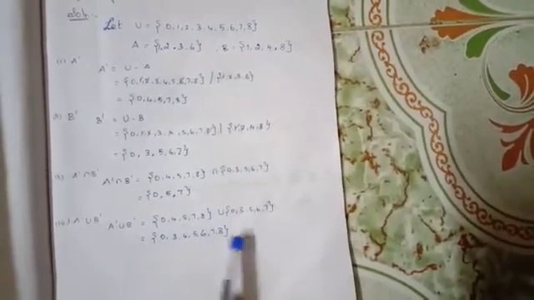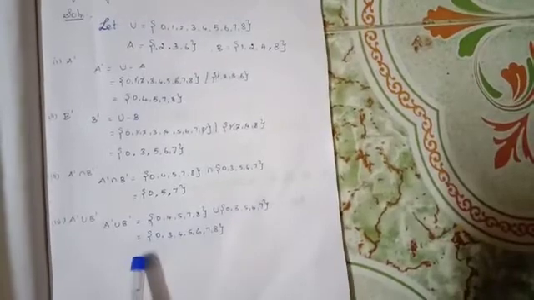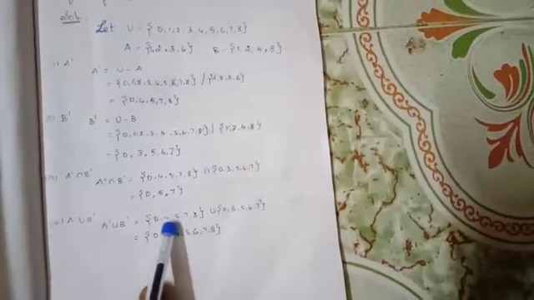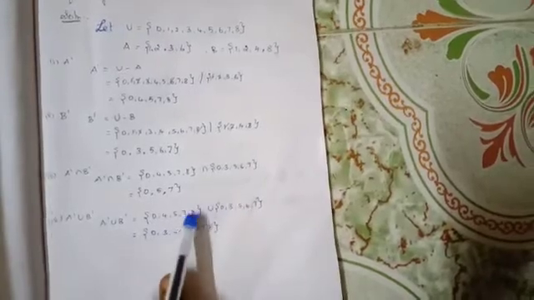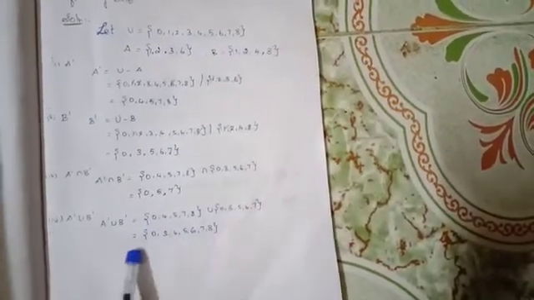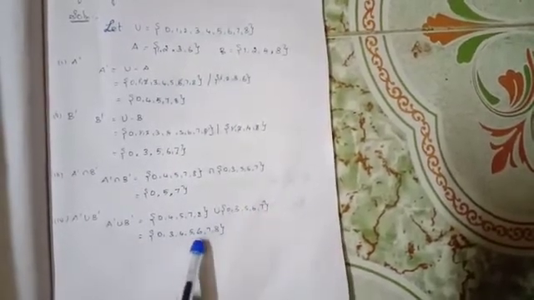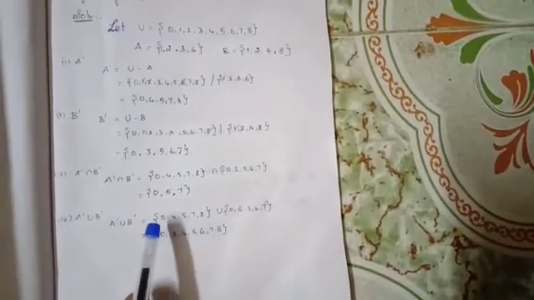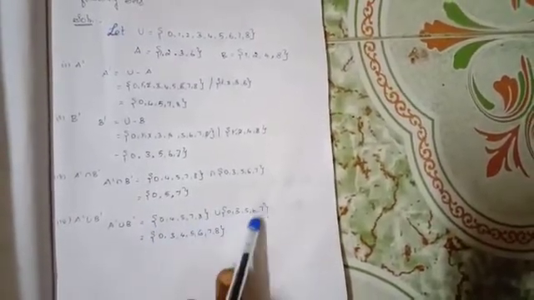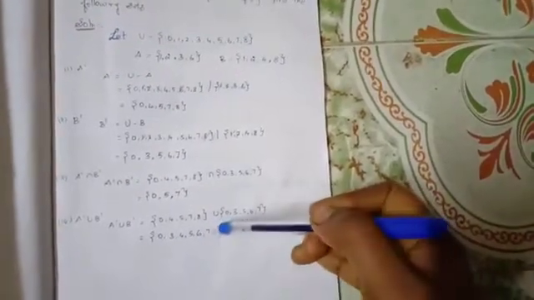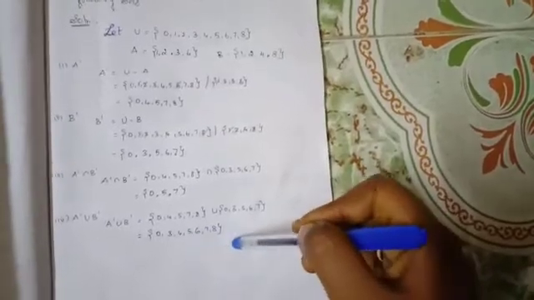A dash union B dash means taking the A dash answer and the B dash answer straightly, all the numbers for the answer. I arrange the numbers in order. So I take 0 after 4, but this one having 0 after 3. Only one 0 you will take, so repeated numbers will not be taken. So 0, 3, 4, 5, 6, 7, 8 is the answer. Otherwise, you take the first set's numbers and the second set's numbers straightly, and then arrange them on the third line. If you want, you can do the sum step by step, but I do the sum straightly to arrange the numbers.